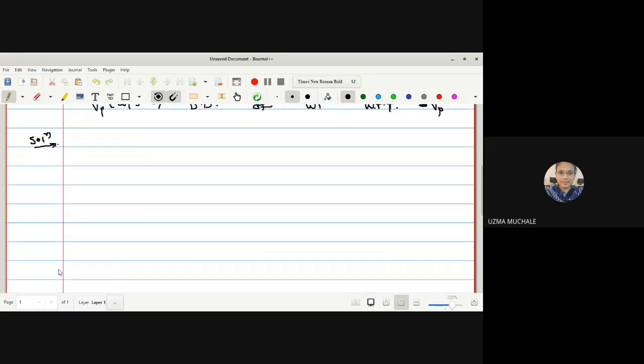Okay, I hope it is clear. Now let us go for the solution or the proof of this. Given that, what is given to us? W is a vector field. So how to write down any vector field? It is W1 U1 plus W2 U2 plus W3 U3. And in the form of summation, I can write this as summation Wi Ui.